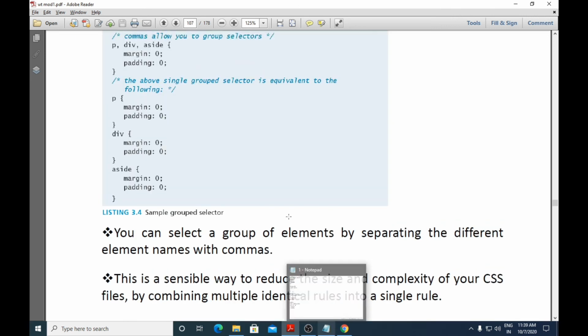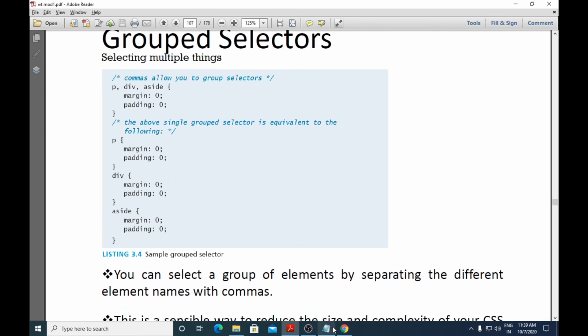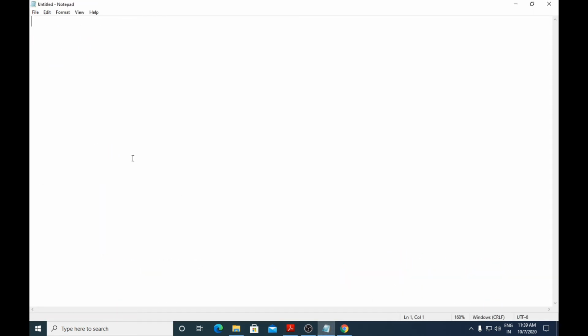We will see an example for grouped selectors also. Control N, doctype HTML. Next you have html. Then we will make use of head and then style. Next we'll choose two elements, h1 comma p.